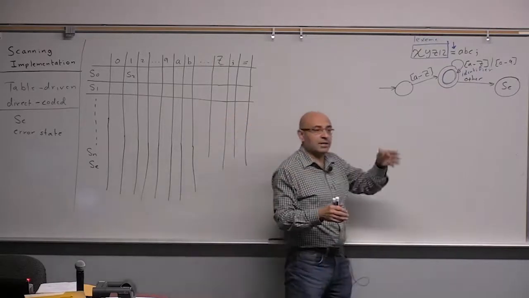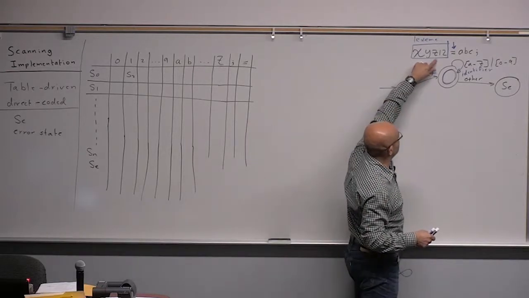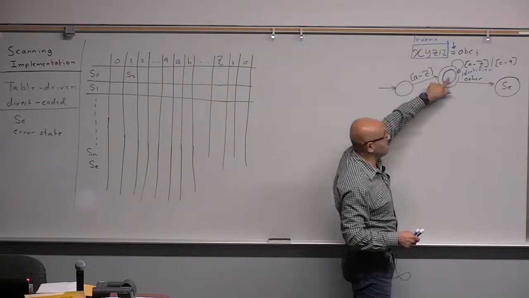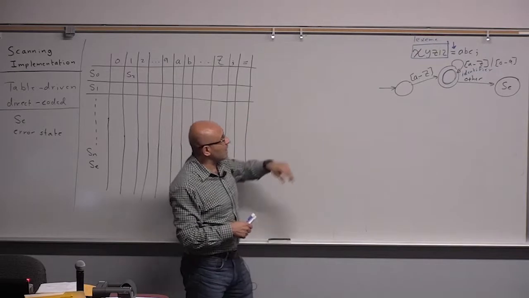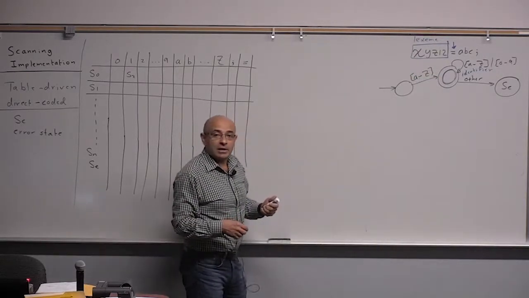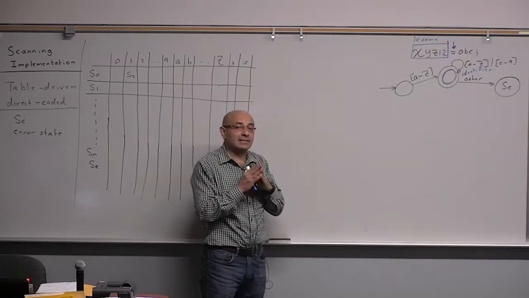We don't go for the first match. So in this case, this matches, but the longest lexeme that matches one of the syntactic categories in the language here is this whole variable name. Okay, so once you hit the error, you go to the last accept state